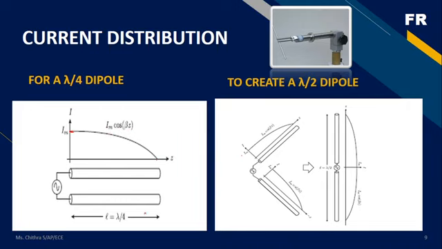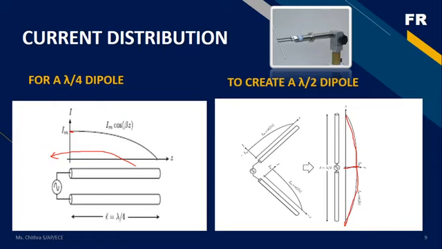Now this is lambda by 4. How can I construct a lambda by 2 dipole in this? This is a folded form. When you unfold this conductor, when you open up this conductor, we get this kind of a construction. At the center point, the current will be maximum. It goes to 0 at the open circuited end. Again, for this lambda by 4 part, at the center point, the current will be maximum and it comes to 0 at this open circuited end. So this is the distribution of current for a half wave dipole.